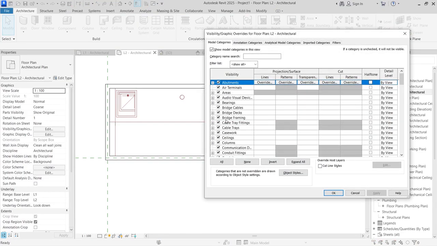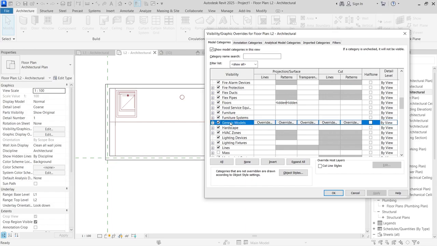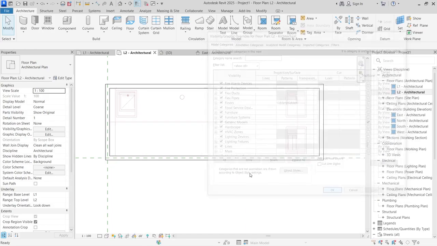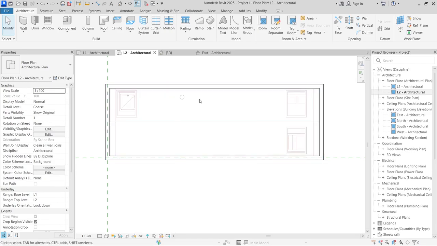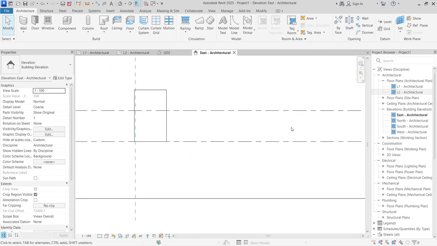Press VV on your keyboard and then look for the generic model and select the halftone and click apply. So it's still acting as a reference even though we get to see our model. So in 3D now, you can see the house that we're starting to build, and these walls are about, according to our dimensions, these walls are about,